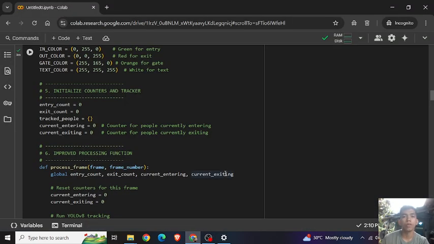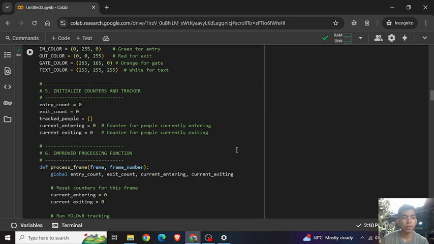So this is the continuation of the first center. So in section 5, initialize counters and tracker, entry count and exit count initialize the total number of people who entered and exited.